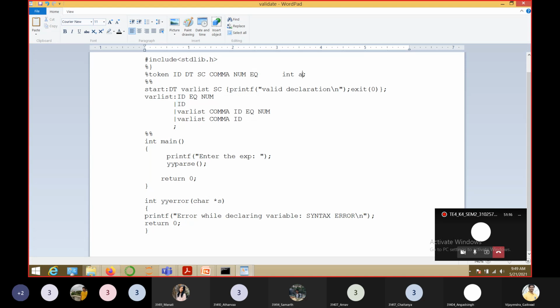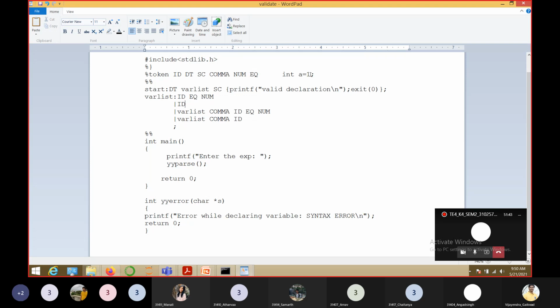If I have a declaration a equal to 1, then this var list will be substituted by ID, EQ, and num. ID, EQ and num. Understood how to define the rules?